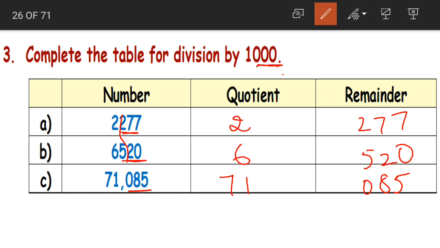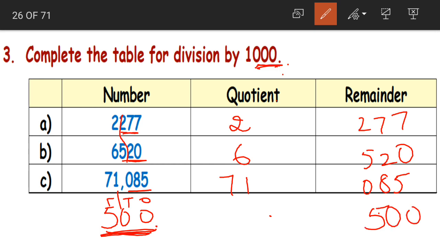Now what did we learn? Now you might get a doubt. Now ma'am, what if say 500 is given to be divided by 1000? Yes, so what will be the quotient and what will be the remainder? As we know, what will be the remainder? The three digits that is at ones, tens and hundreds. So 500 becomes our remainder.